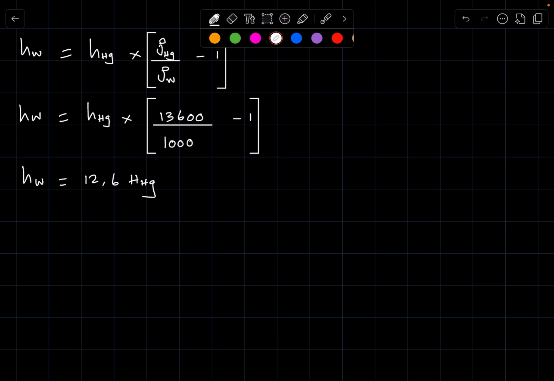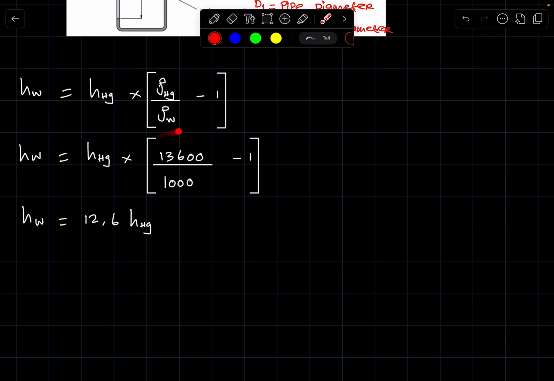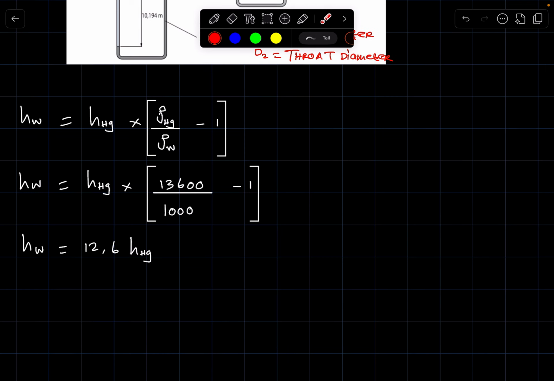Right, let's make this small letter h, h of Hg. This formula you are probably familiar with. It is just interesting to note that this is where it comes from. So for measurement of flow, if you want to measure flow, you are able to use this formula for any kind of fluid